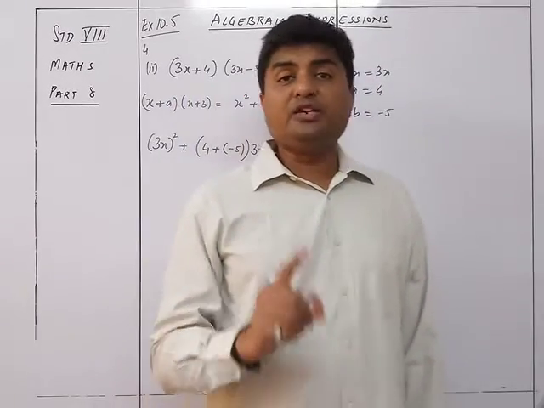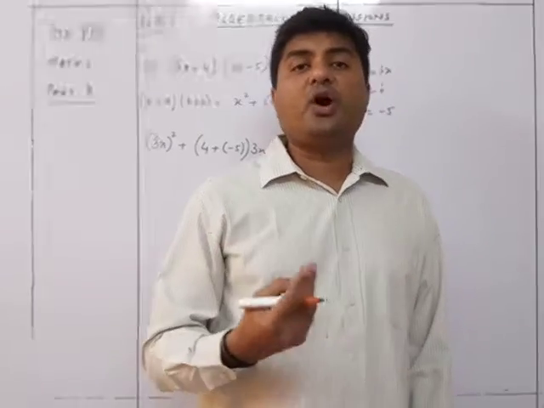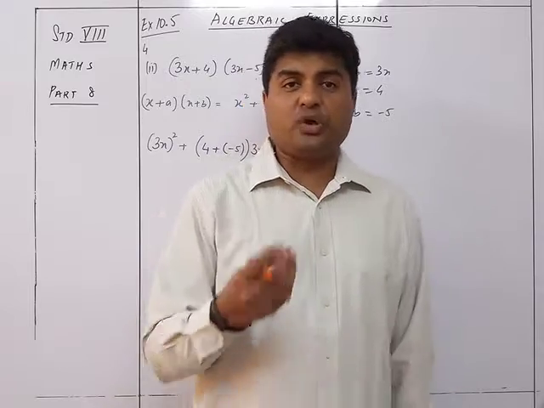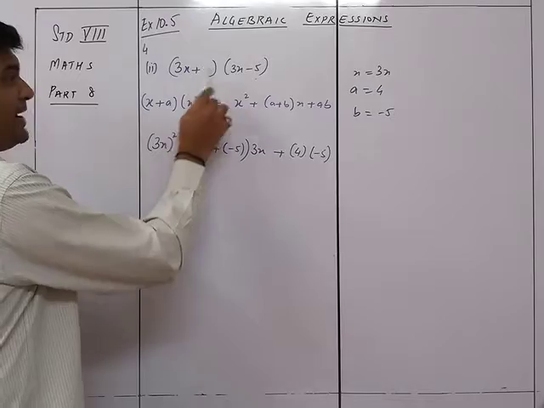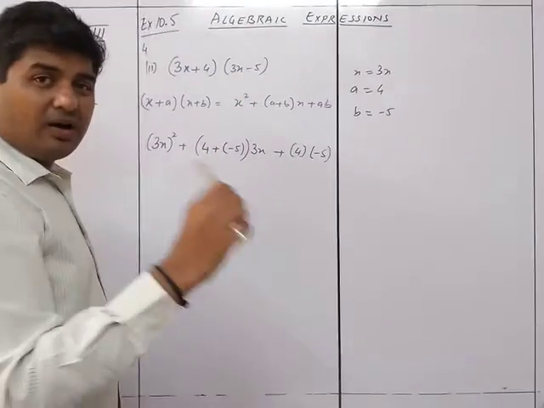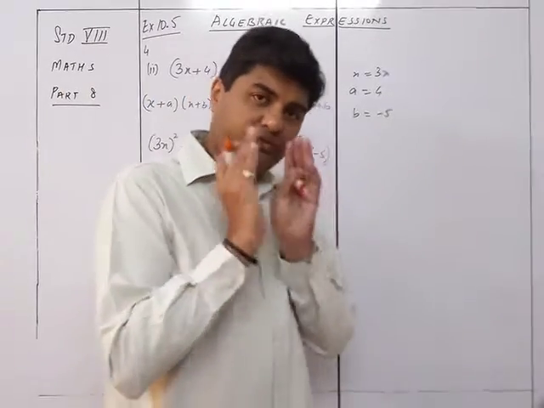Mind well, in this particular formula, and the other 3 formulas, you did not have to see the signs of the numbers in the pair. Here you will have to see the sign. Whether here it is minus 5, then b will be minus 5. In our earlier 3 equations, we did not see the sign; we only looked at the value.